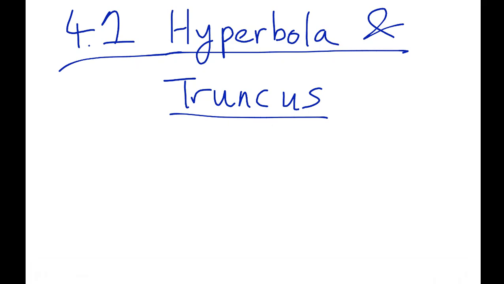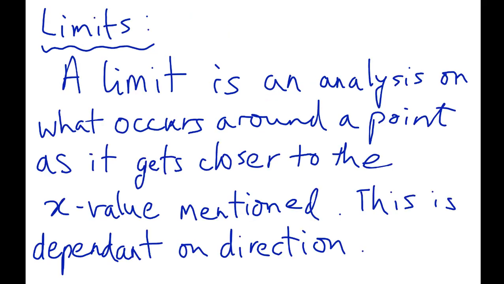This topic deals with hyperbolas and truncus. So, what we're going to start off with is limits. A limit is basically looking at what happens when you're very close to a point. This depends on the direction on the graph, because remember, you can have